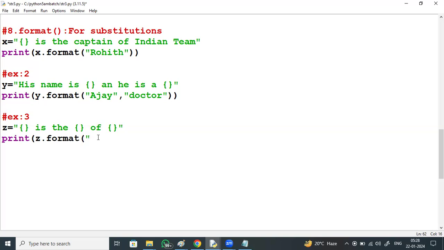In the first substitution, Modi is the PM of India.